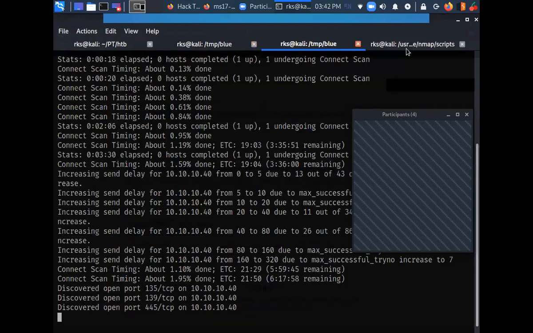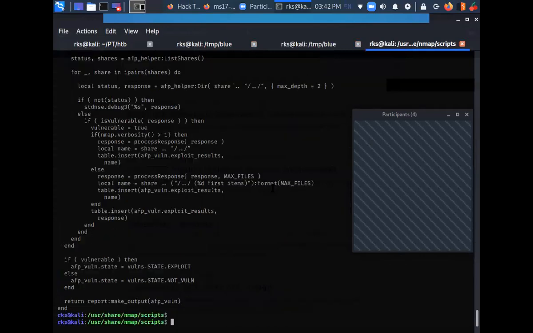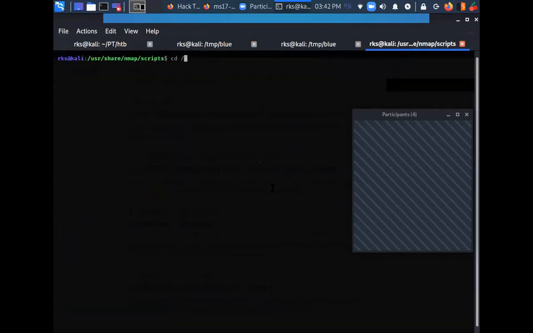So let's clear the screen. sudo msfdb start. Let's start my Metasploit framework.